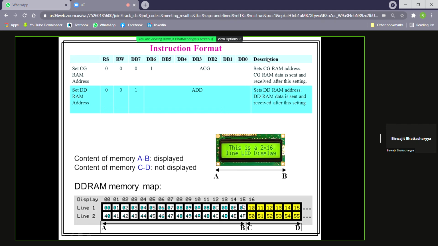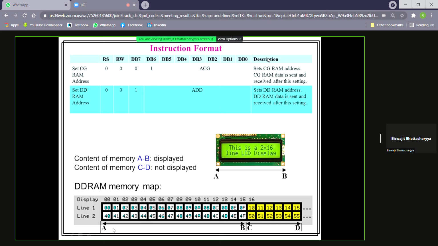These are the memory addresses. At memory address 0, we can display something. At address 1, we can display something. At address 2, we can display another thing. So there are 16 memory addresses for 16 different locations, and for each location, we can display one particular character.